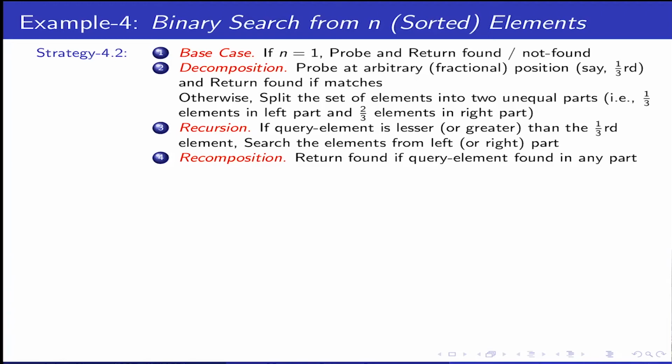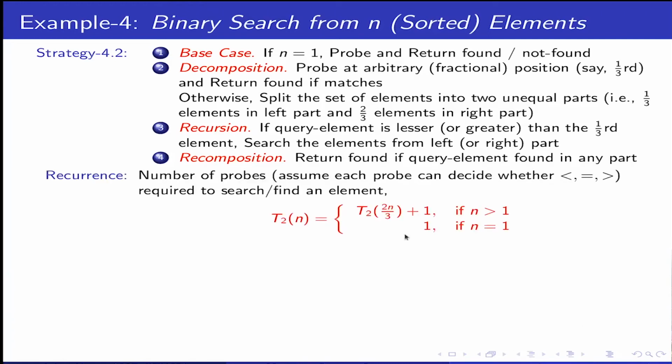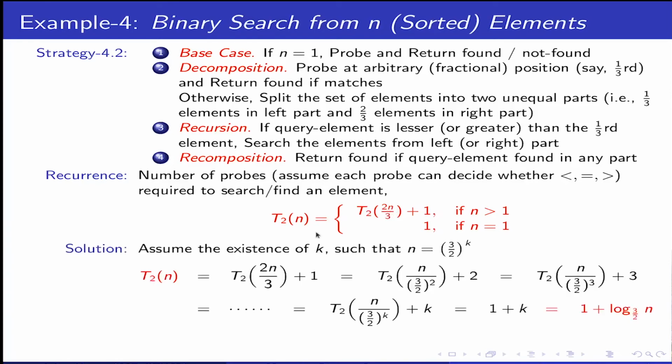And see, the number of probing here, the worst case will always be in the 2/3 part of your searching. So you probe in the 1/3 part, no, it's more. So you again go back to the 2/3 part. Again, there you probe in the 1/3 part, no, it's more. So the way you do the recurrence here is that the worst possibility of probing is you always go in the 2n by 3 part and return by a single probe there and return by that number of probes there. Unfold it. I write it here as 3 by 2.